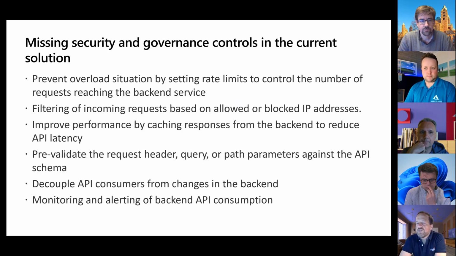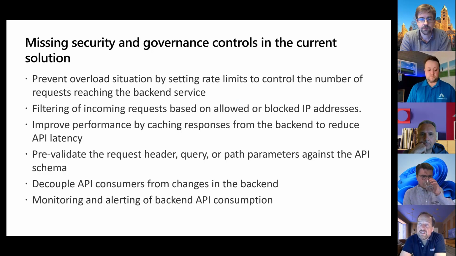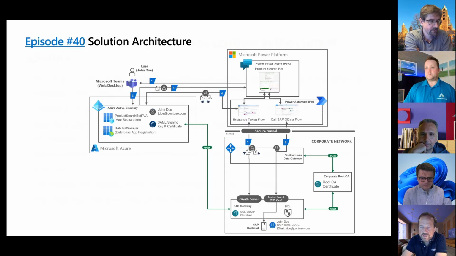They want to set rate limits to control the number of these requests hitting the backend services. They may also see the need to filter or block certain IP ranges. I mean, certainly, if we go quickly back to the picture here, there's certainly also a firewall in front of